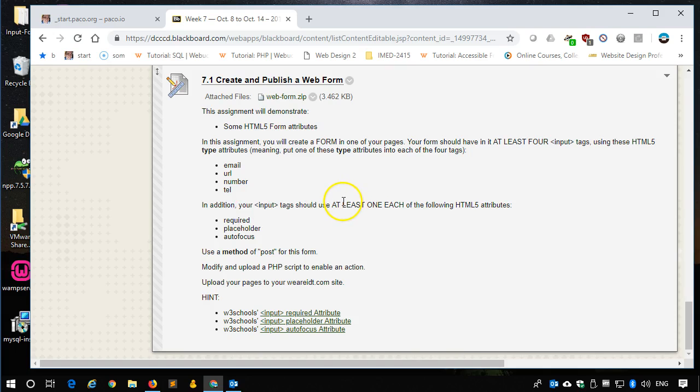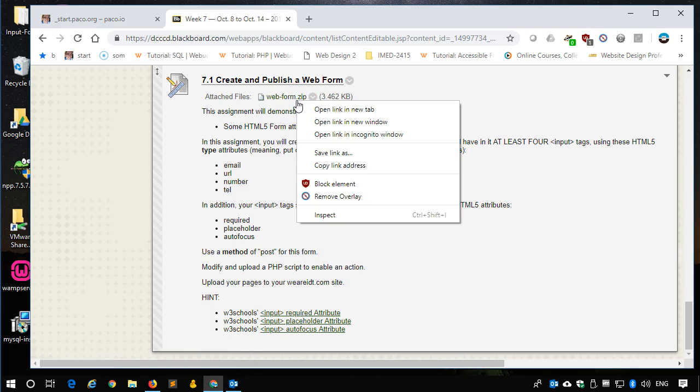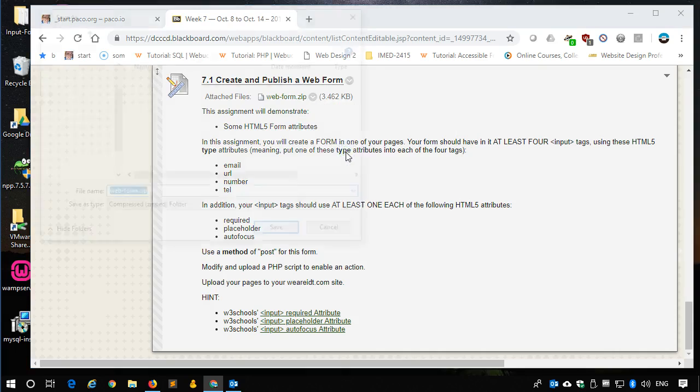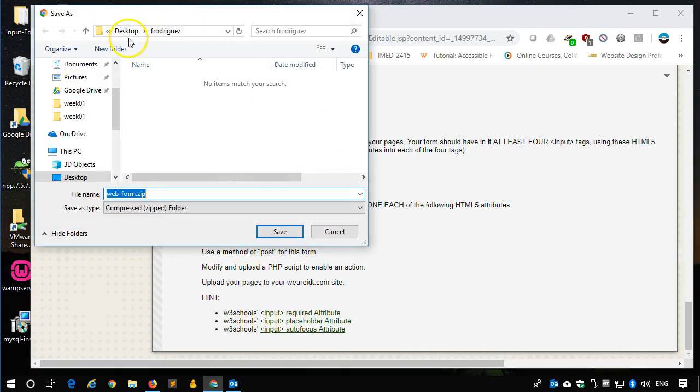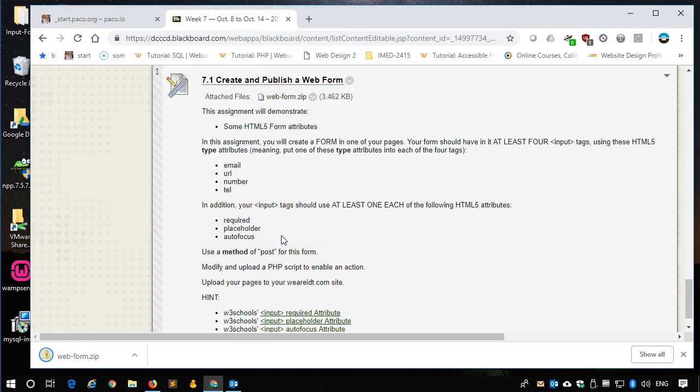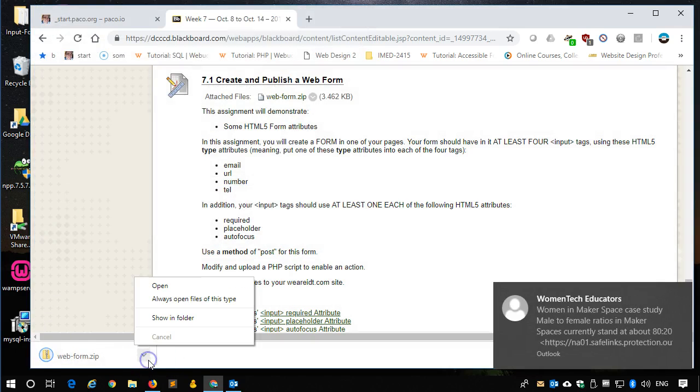And then change some of the coding to add new input tags with HTML5 attributes. There's more information about that in the text preceding the assignment, also at W3 Schools. So I'll begin by right-clicking on webform.zip, saving this link. I'll put it on my desktop folder where I keep my files, F. Rodriguez, save it. I'll follow it along there, show in folder,